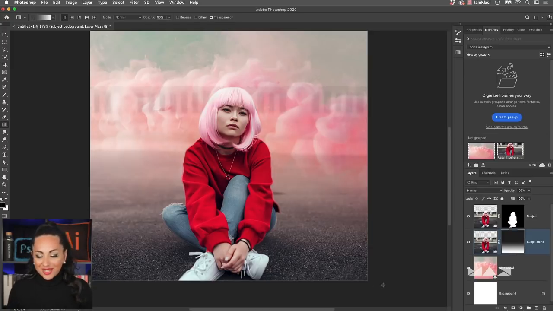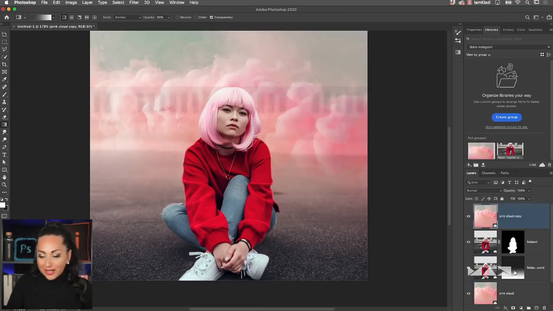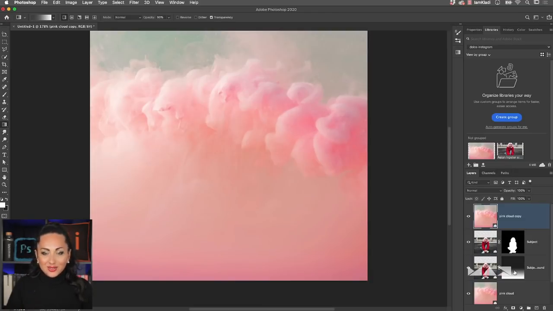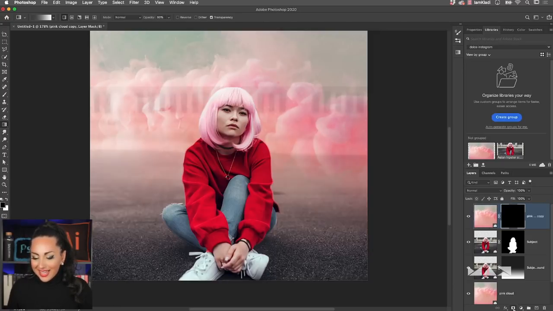To make it even more realistic, I'm going to click on the cloud layer, press Command J to duplicate, and use the shortcut Command Shift right curly bracket to bring it on the top of our layer stack. Then I'm going to create an inverted mask by holding Option on Mac, that's Alt on Windows, and click on our mask little icon again. And as you can see, everything is going to be hidden because all the mask is covered in black. So all the pixels are hidden.